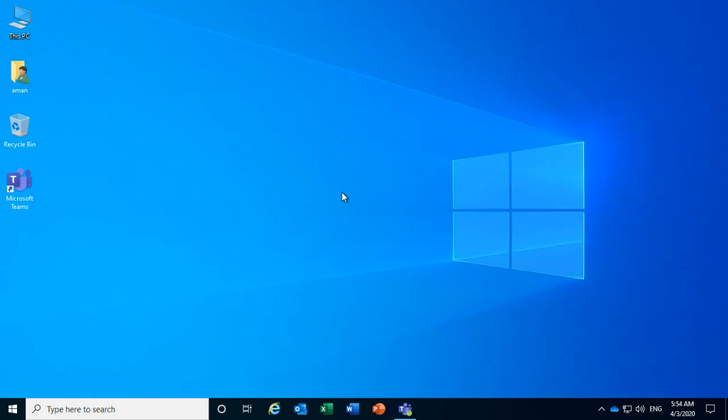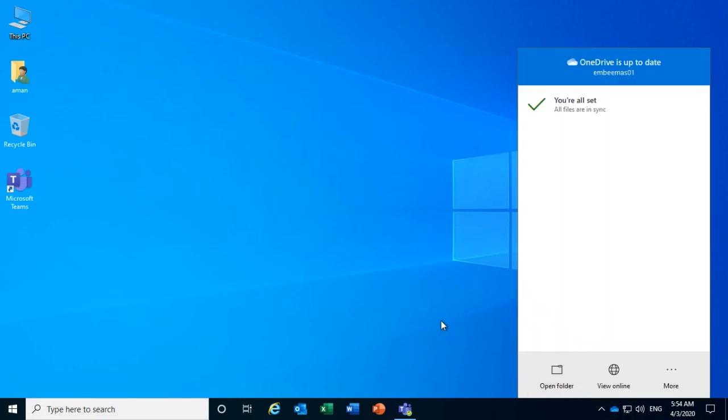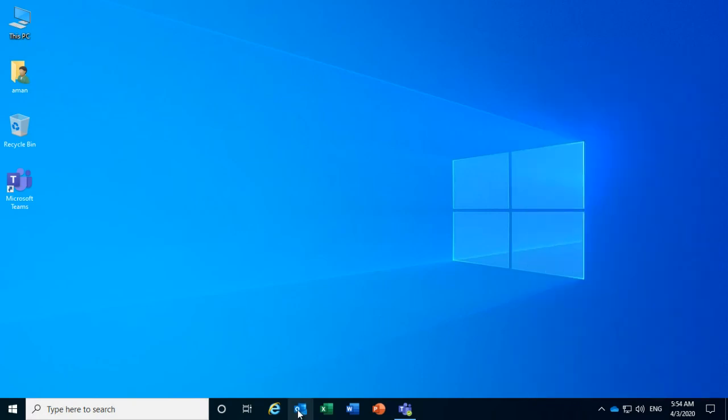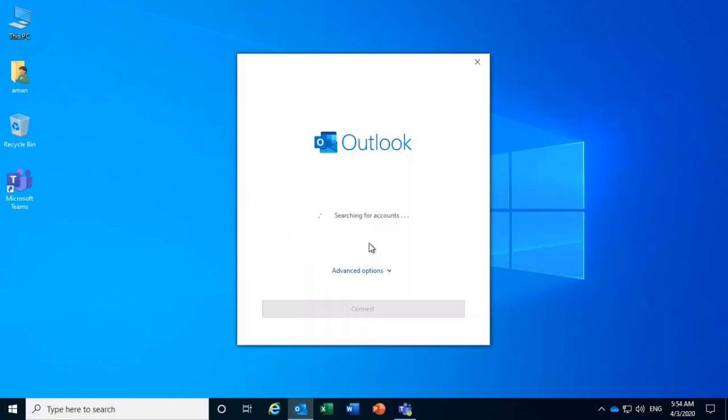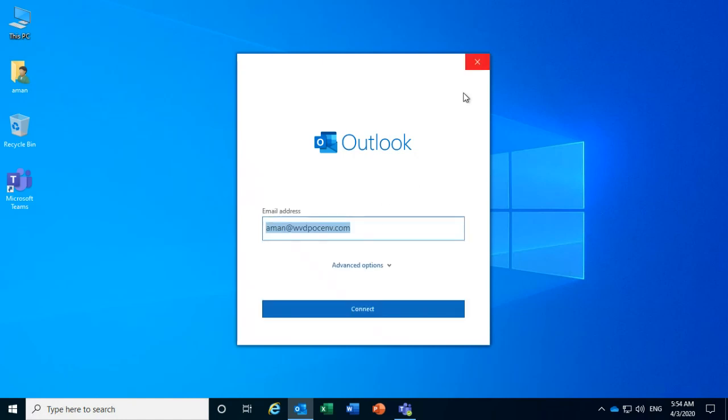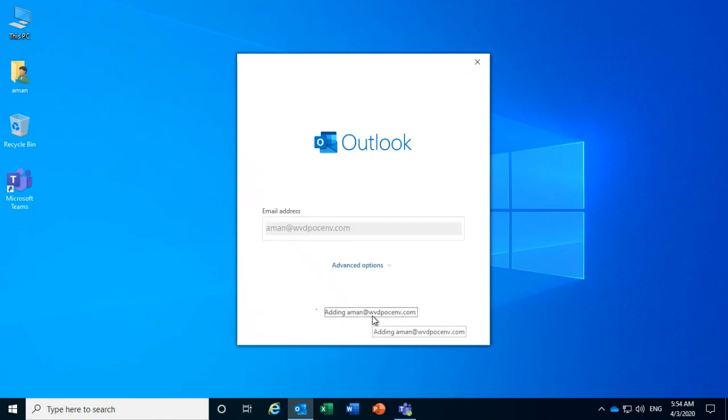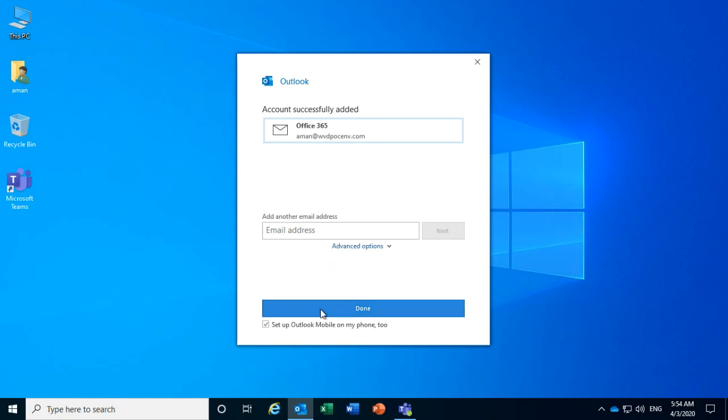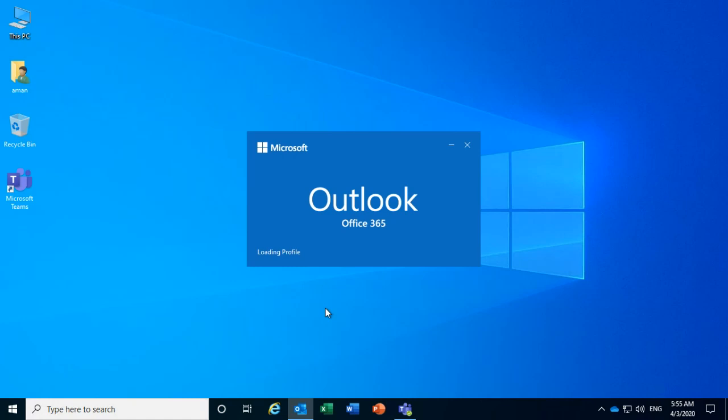So instead of using local space and spending more on storage for users, we can leverage OneDrive, which has quite a good amount of space, to store information, and that can roam easily with the users, as in when they connect to any session machine when they log in the next day. As we spoke, the data here is not persistent to any particular session machine. It is roaming with the users as and when they connect.